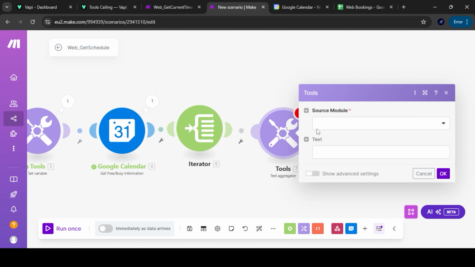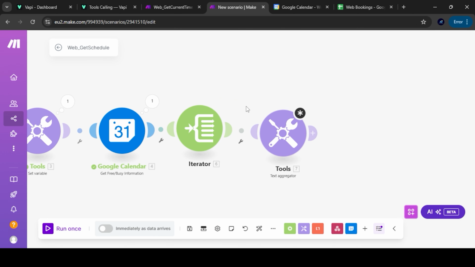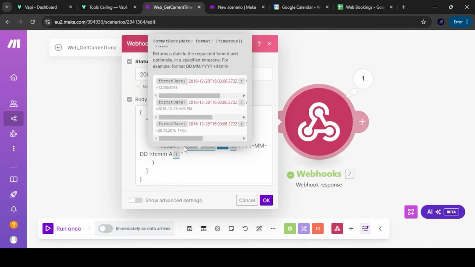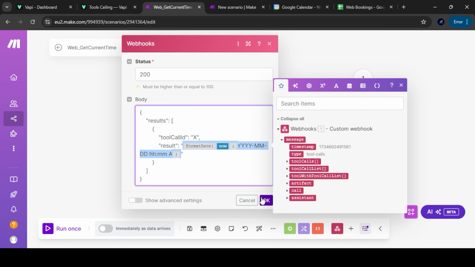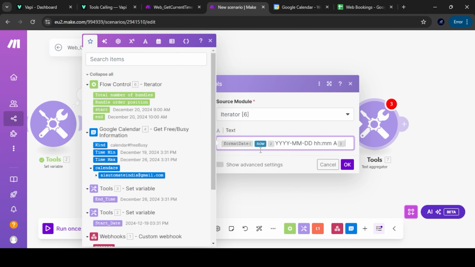Okay, so small iterator. From where to where we have to specify it. What we are going to do is go to get content, copy this format, come here, paste it, but we'll change it, we don't want the current time.